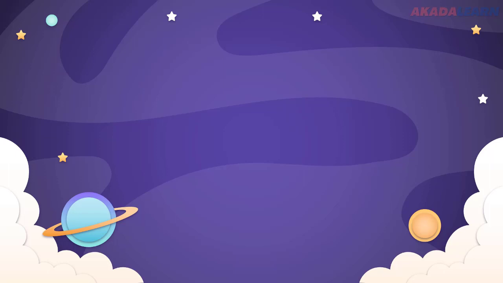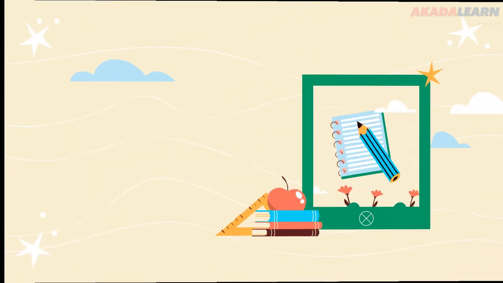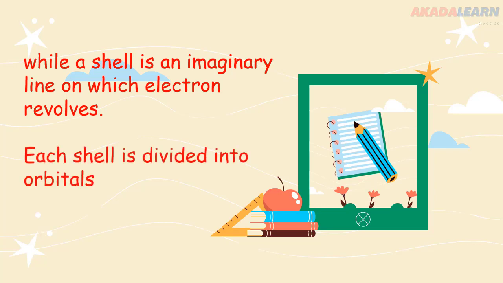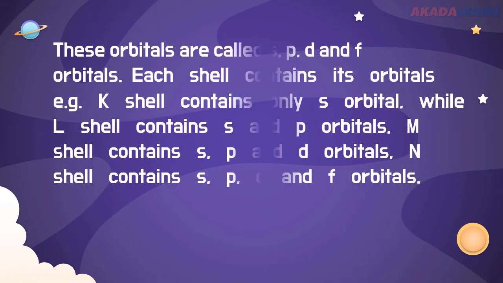Alright, let's proceed. What is an orbital? An orbital is a region or space where the probability of finding an electron is high. While a shell is an imaginary line on which electrons revolve. Each shell is divided into orbitals. These orbitals are called S, P, D, and F